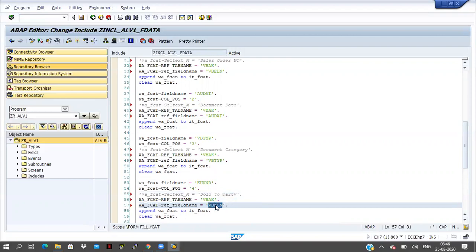And one more thing. Whenever you are giving the code in single quotation, at that time you have to maintain capital letters. Don't maintain small letters or a mix of capital and small letters, because it won't work sometimes. So better to maintain the capital letters.